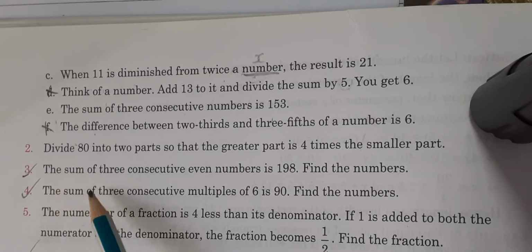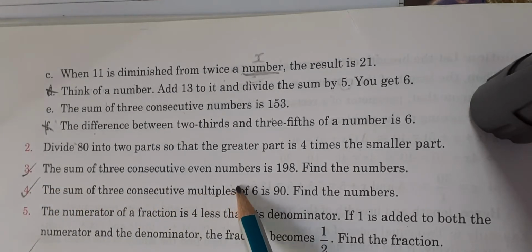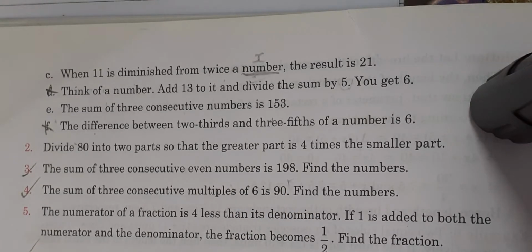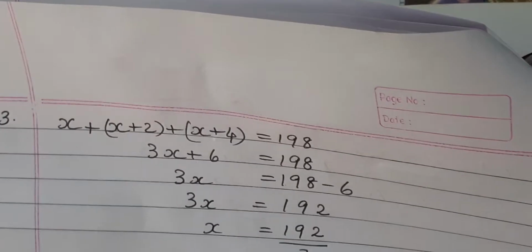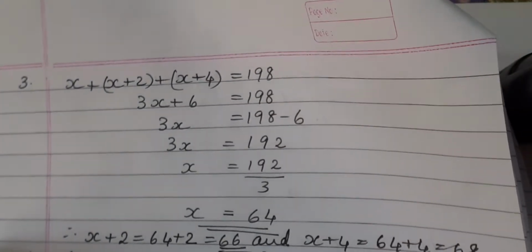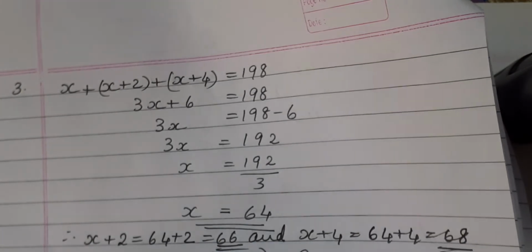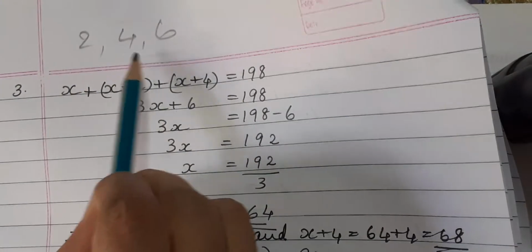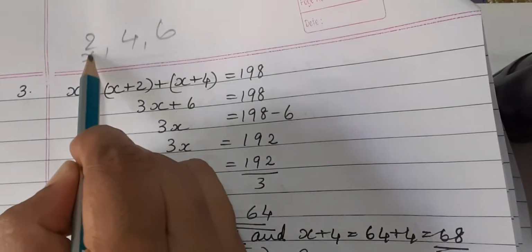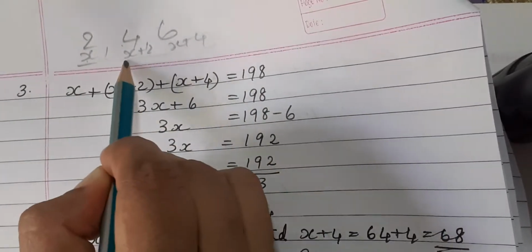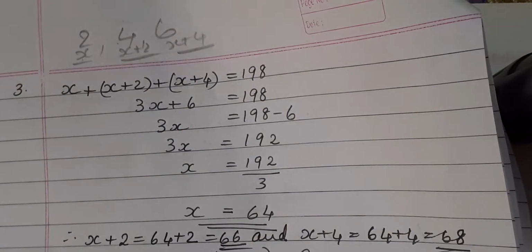Okay. The sum of 3 consecutive even numbers is 198. Find the numbers. So even numbers, consecutive even numbers. Which ones are the consecutive even numbers? 2, 4, 6, isn't it? 2, 4, 6. What is the relation between them? If we are choosing this x, this will be x plus 2 and this will be x plus 4. So we can choose x, x plus 2 and x plus 4 as the 3 consecutive